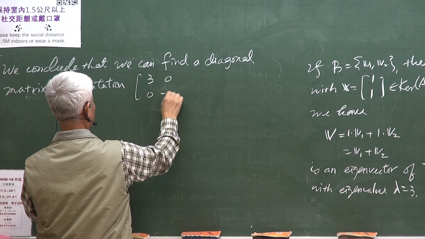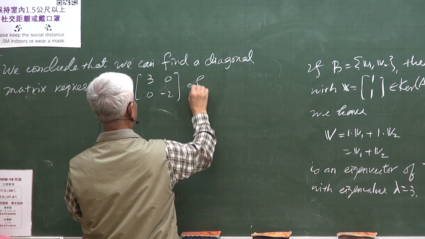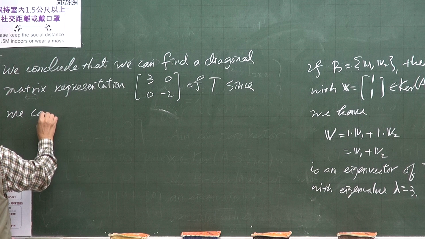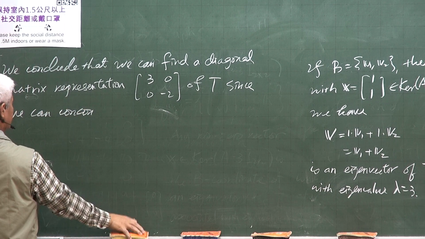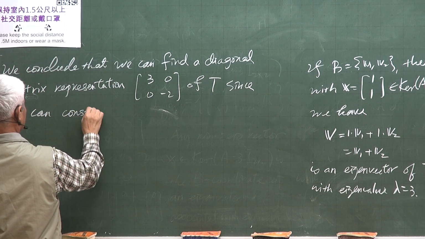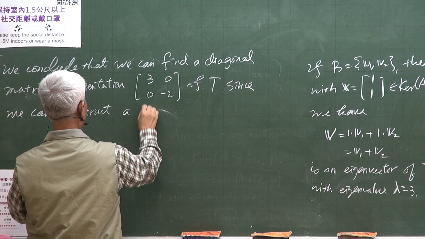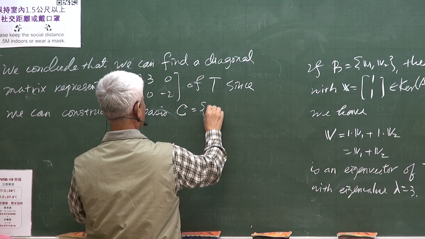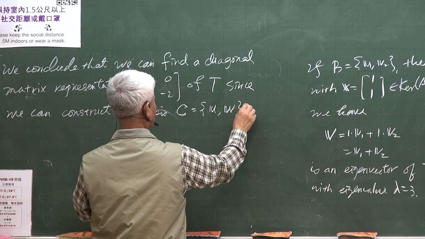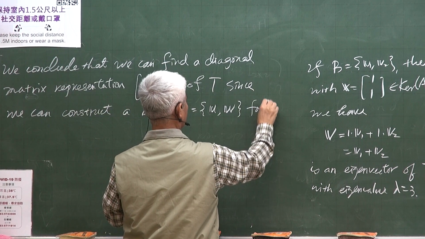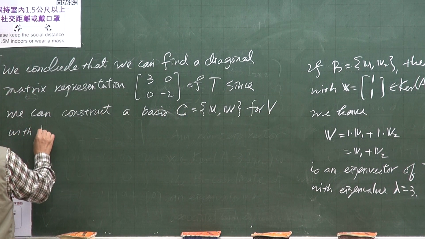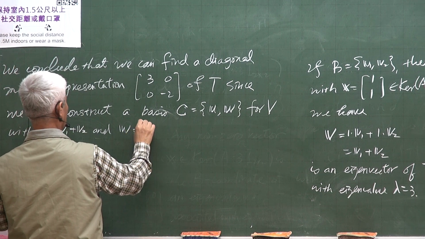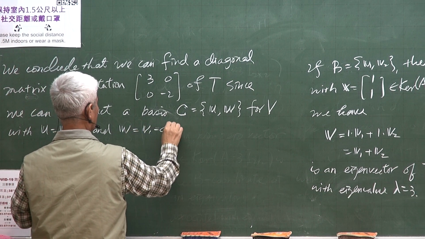P things, we can construct a basis C for V with U equal to V1, V2 and W equal to V1 minus 4 V2,